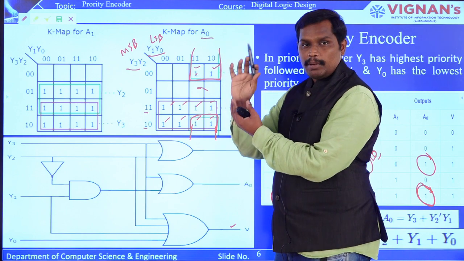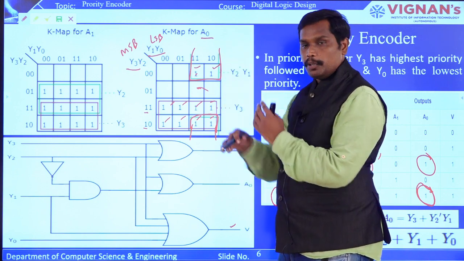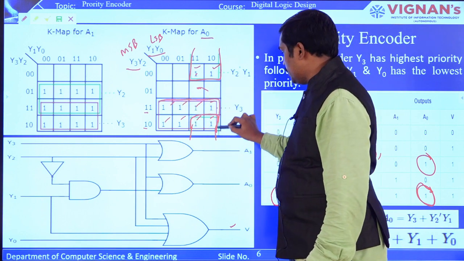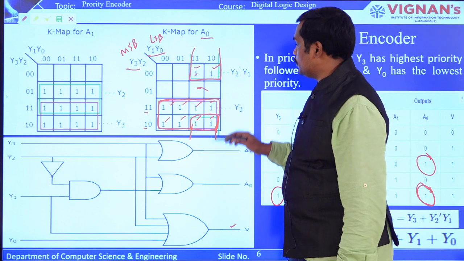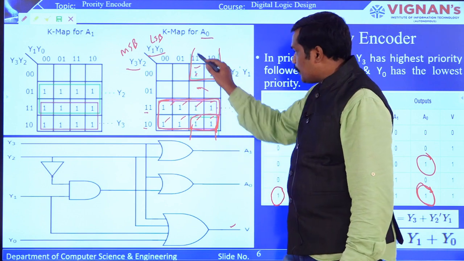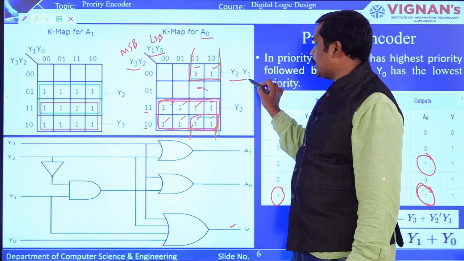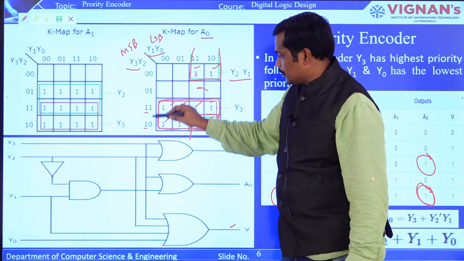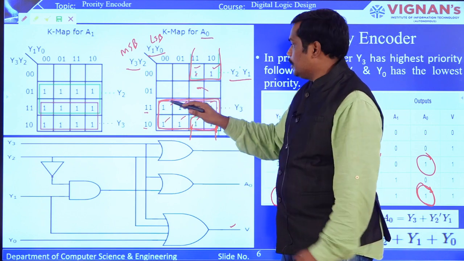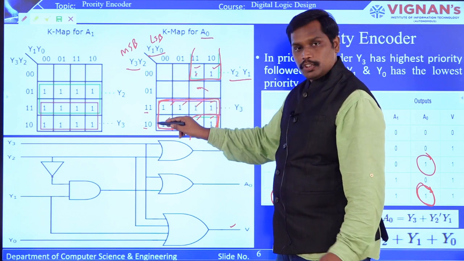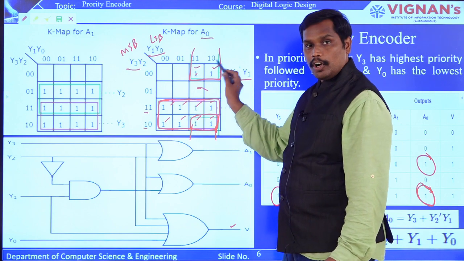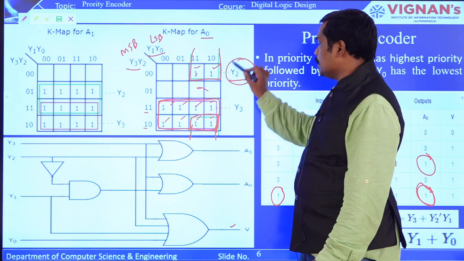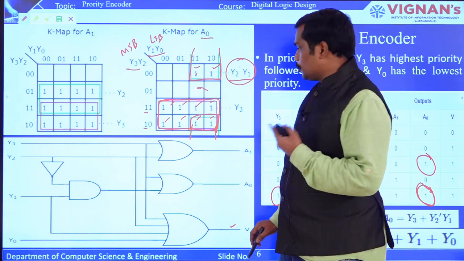Because as I told you, the Karnaugh map can roll over from left to right or top to bottom. So these 4 ones can make a group, and then this particular octant, you can see here, this is the second group. Based on this, you're going to have an expression. For this particular group, you're going to have y2 bar and y1, because you can see this one and this one in the row, you can compare it, right? When you compare it, the y2 bar is common, and column-wise, you can see that y1 is common. That is the reason why you got the expression as y2 bar y1. Okay, so y2 bar and y1.